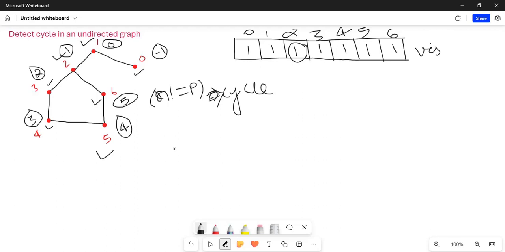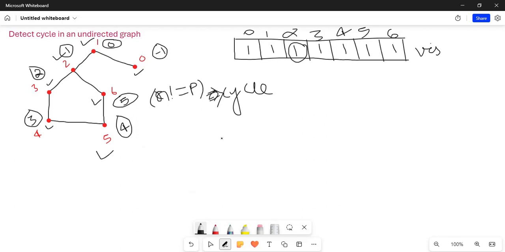But if the child is already visited, there may be a chance of cycle. If the child is already visited and the child value is not equal to the parent value of the node which called the child, then only a cycle will be present. Otherwise, a cycle will not be present.